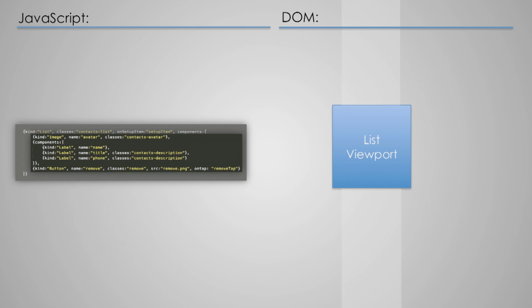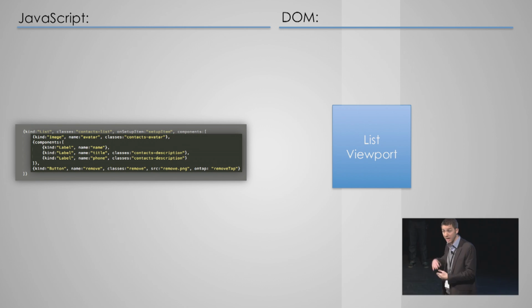Flyweight is a pattern where, to minimize resources, we're only going to render a subset of the items into the DOM, and then we're going to dynamically, as the user is scrolling in real time, swap in new components and take old components out. So that keeps our memory footprint low, and it allows the scrolling smoothness to be there.